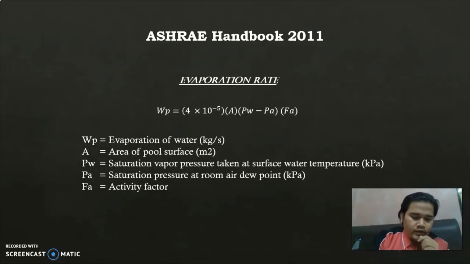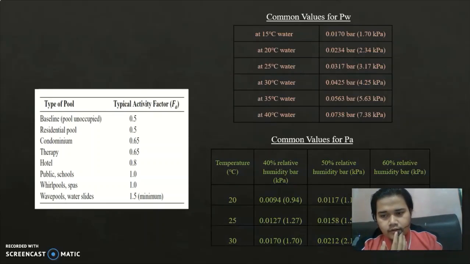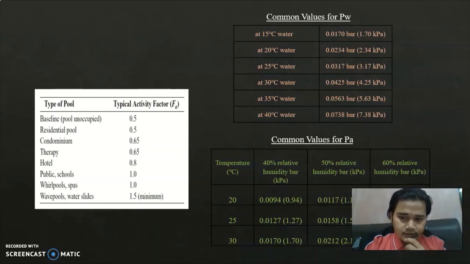Activity factor ni berdasarkan kolam kita, apakah aktiviti yang dijalankan di kolam tersebut. Okey, seterusnya kita kena tentukan activity factor. Activity factor berdasarkan projek kami ialah residential pool. So FA dia 0.5. Kita ambil 0.5, dan untuk value